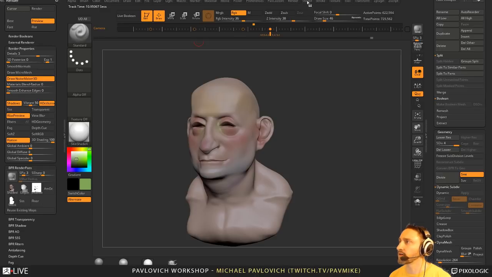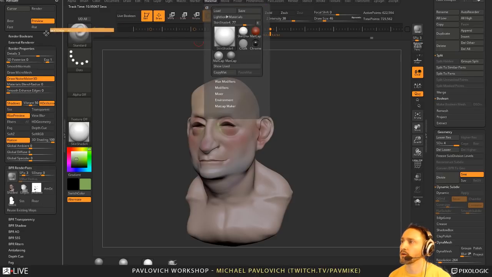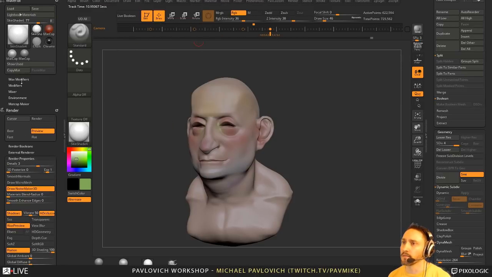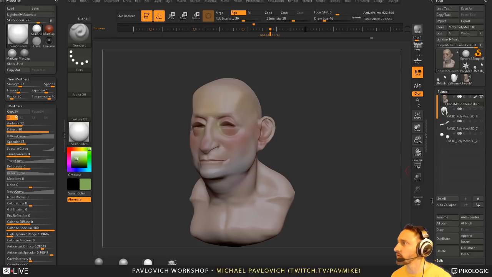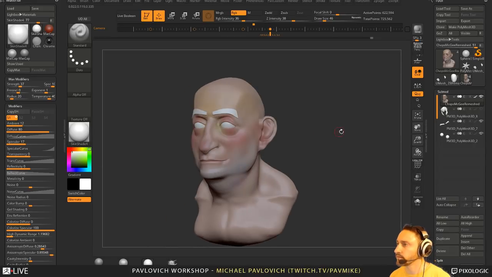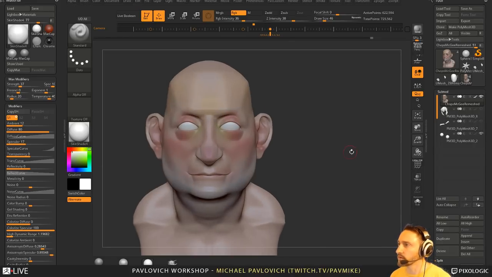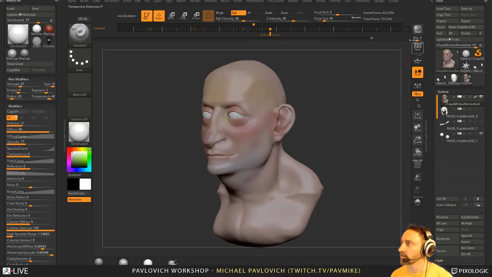Now this is going to be under the material setting, so we're going to go into wax modifiers and crank that strength up. So now he's getting kind of a little waxy look. So if we turn everything else back on, let's go ahead and turn his eyebrows off. So now he's kind of getting a soft waxy look here, and you can also bake in the subsurface scattering